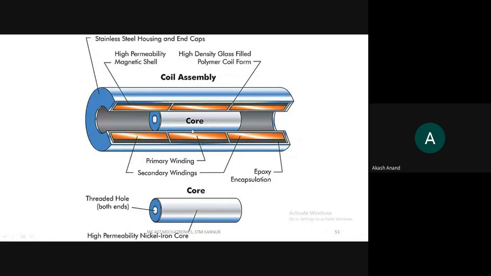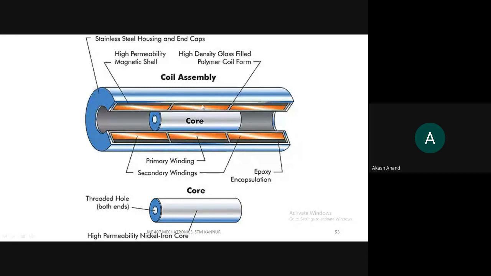This primary winding is directly connected to an AC supply, alternating current supply. So when a coil is connected to an AC current, you can see that electromagnetic flux will be created when AC current passes through this device. You can see that a magnetic field will be produced. And this is the soft iron core material, a movable soft iron core that is placed inside this hollow cylinder.